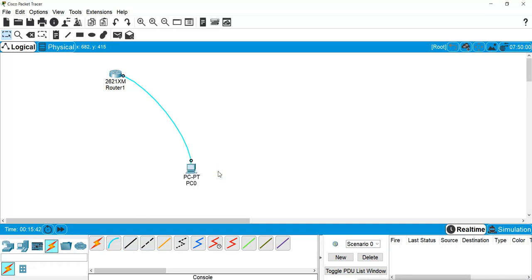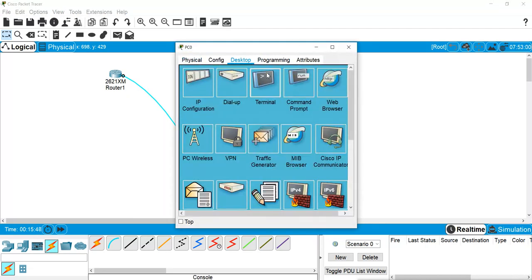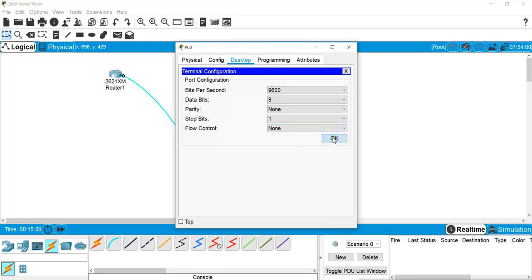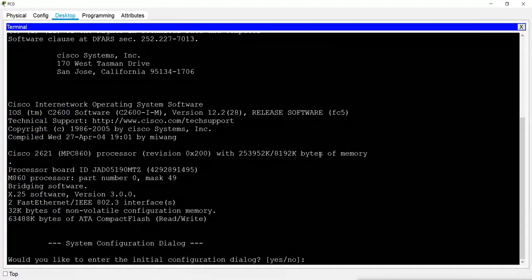To access the router, we go in the machine and then on the desktop we click on terminal, use the default settings, and here we get the terminal of our router.